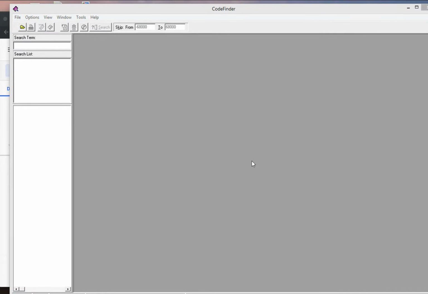All right, here's my super basic Code Finder tutorial. So I'm assuming that you have Code Finder Millennium Edition and that you've installed it and that you know how to start it. So that's the basics. The first thing you need to do when you're going to try and find the code